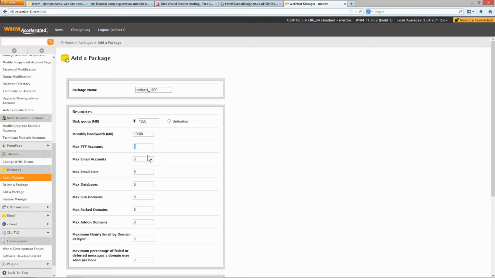With the FTP accounts, I always set this to 1. You shouldn't really need more than one FTP account. The number of emails is set to 10. You shouldn't really need more than 10 emails, though you might need to. The lists are set to 10. The databases are set to 2, and the subdomains are set to 10. Parked domains 10, and maximum add-on domains are set to 10. So you can do a bit of research and try to understand what each one of these elements is, but typically all of these ones here, this is what I do. It's just the disk space and the monthly bandwidth that I vary on each package that I create,